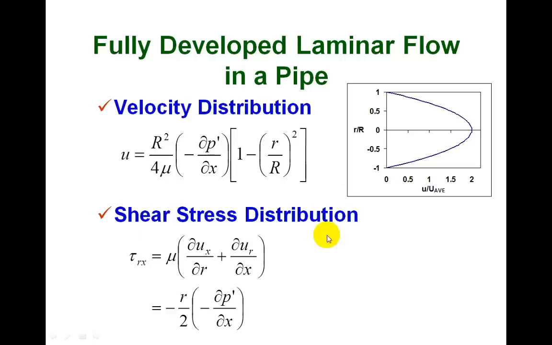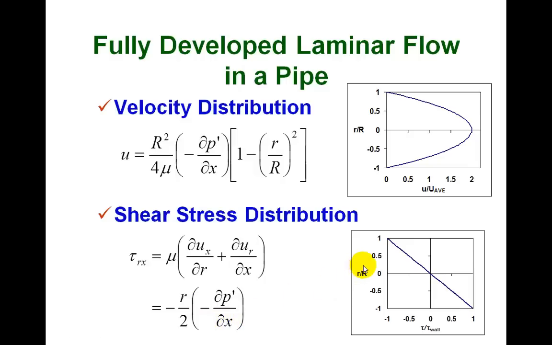The second term is simply 0 because ur is 0. And for the first term, we can take the derivative of this expression with respect to r, so this term doesn't come into play, but minus 2 times r over r squared multiplied by this expression here. So that gives us, in the end, minus r over 2 times minus dp dx. And since dp dx is negative for forward flow or downstream flow, the shear stress sign is negative in the positive r direction, and positive in the negative r direction,